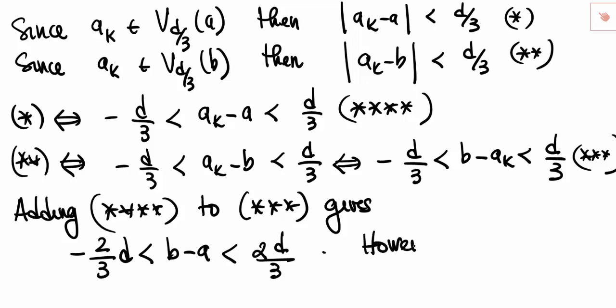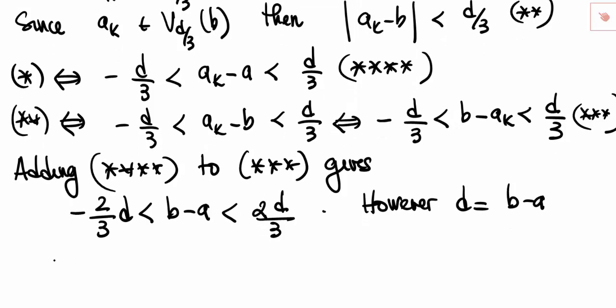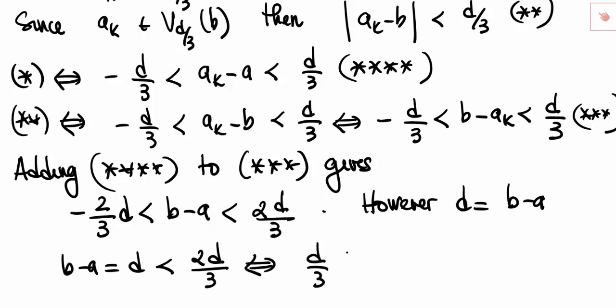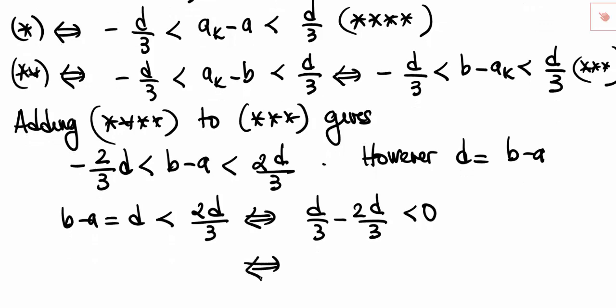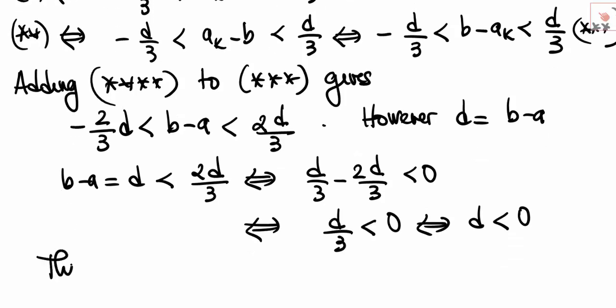But however, D is B minus A, and so we're saying that B minus A, which is D, is less than 2D/3, which is equivalent to saying that D/3 minus 2D/3 is less than 0, and this is equivalent to saying that D/3 is less than 0, which means that D must be less than 0, which is absurd, because we have